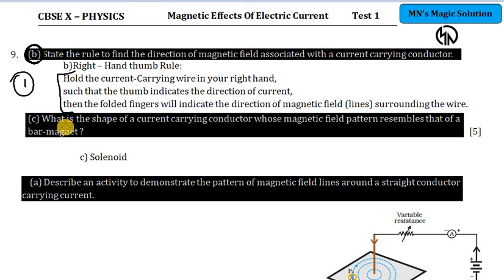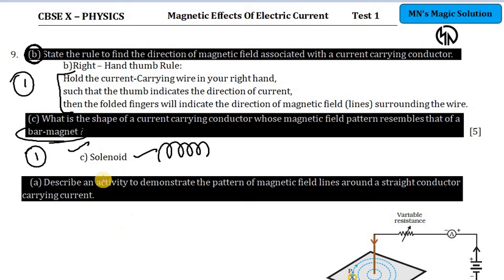The second part of it, what is the shape of a current carrying conductor whose magnetic field pattern resembles that of a bar magnet? It is a solenoid. Bar magnet madriye kaamikkiradhu, it's a solenoid. So if this is written, then 1 mark for that. இதுல shape பத்தி discuss பண்றாங்கன்றதுனால you have to say about it is a closed cylinder pattern la all the wires are wound up. So closed cylinder the point to it should be mentioned along with the name. So half plus half, 1 mark for this one.